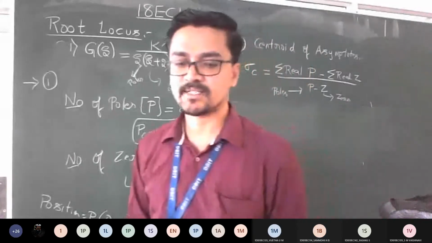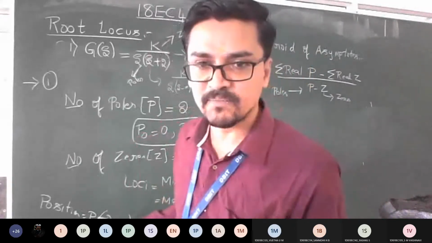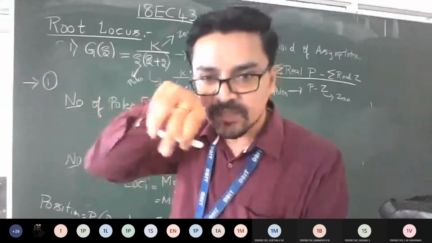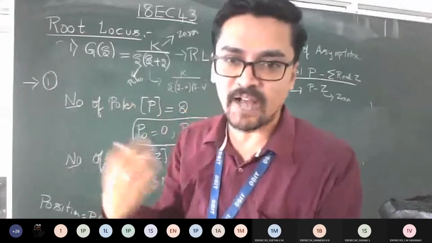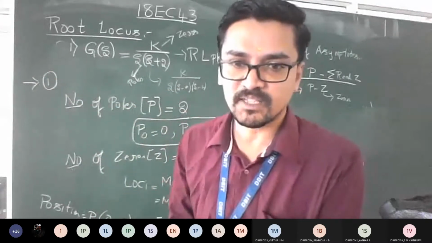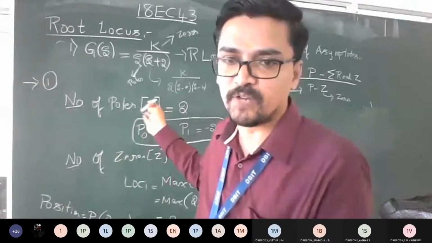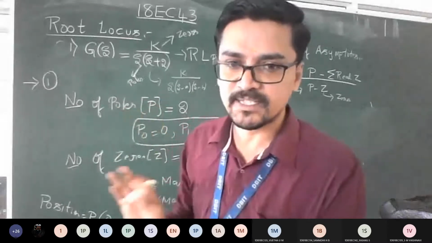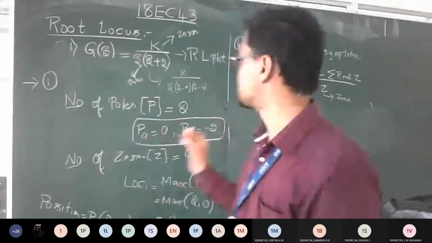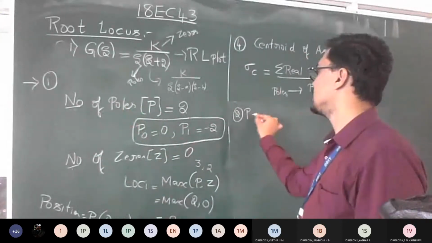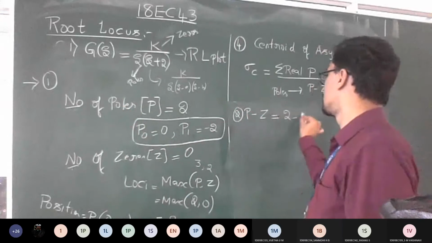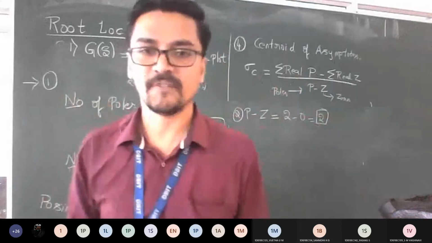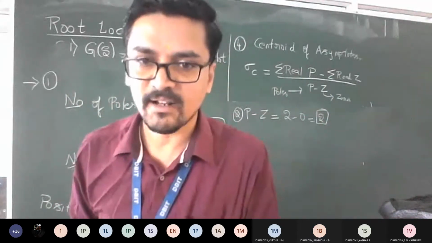See why this is required. I told you something called angle of asymptotes. In that there are values of q: 0, 1, 2, 3, and so on. So how many values will we keep giving? If we keep giving, you'll get n number of angles. So we need to have some end for that. For that purpose, you need to check the number of asymptotes. That will tell you how many q values you require. For example, in this, it's P minus Z. So how much is that step number 2 answer? The number of asymptotes is equal to 2 minus 0, nothing but 2. So it means you need to find 2 angles of asymptotes, that is theta 1 and theta 2.